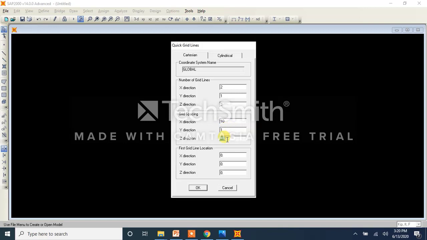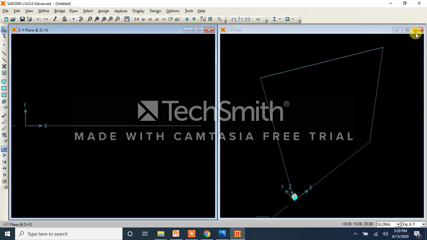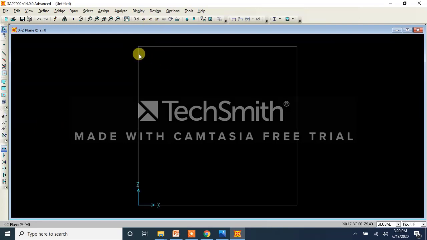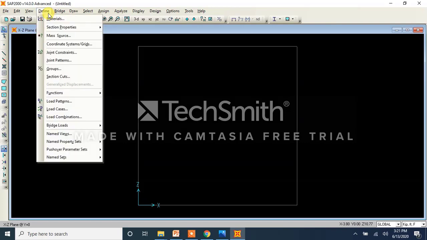Okay, then change your plane from XY to XZ to make your grid lines visible, right? Now the next step is to define a material property. In the example, the materials are